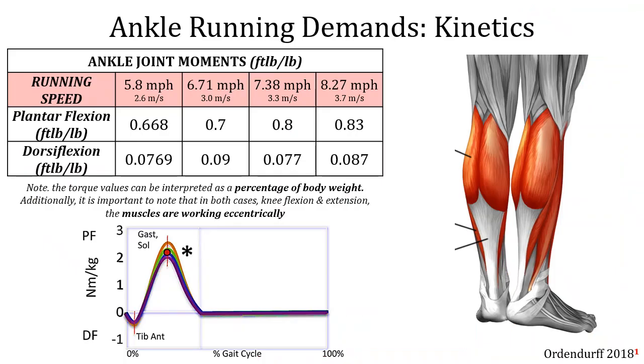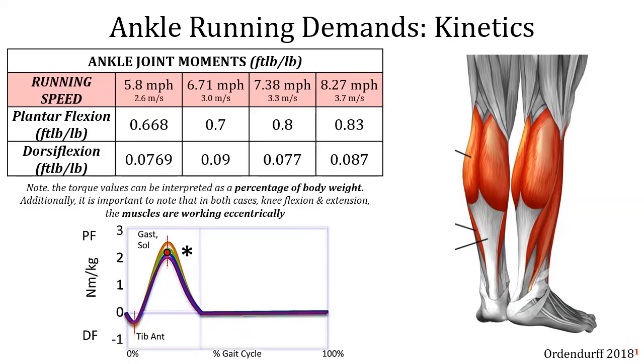All right, so without losing the theme of our kinematics and kinetic demands, for the foot and the ankle are going to be shown here. And so for your plantar flexors and your dorsiflexors, in regards to normalized force production, you would want to produce at least 2/3 of body weight out of the plantar flexion concentrically,